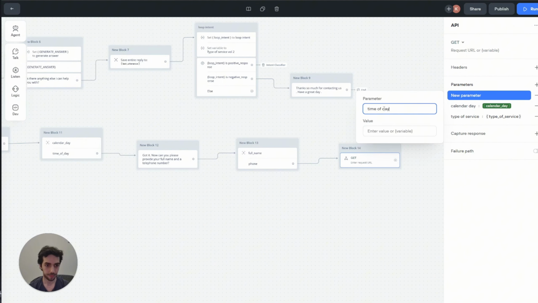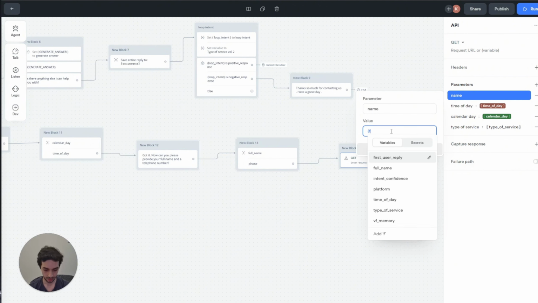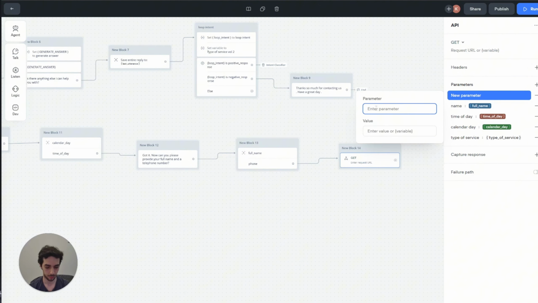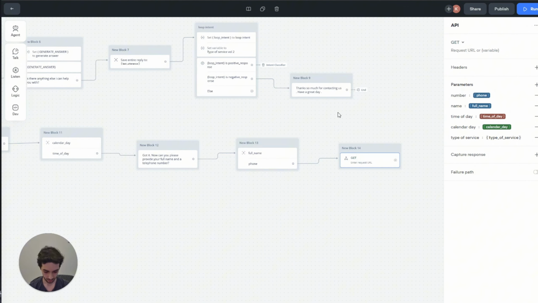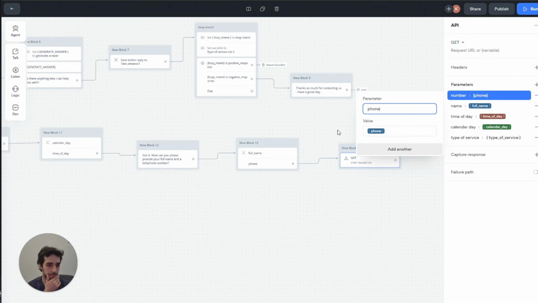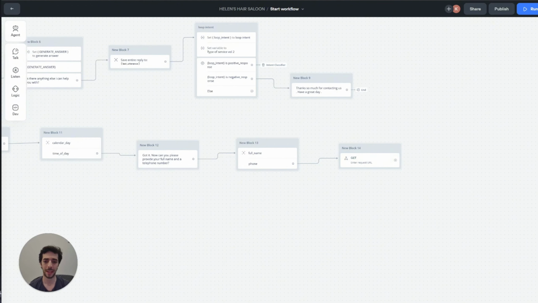Time of day, right? Name, or rather full name, I can give the parameter name, full name, and number is the last one. Phone, I think, right? Phone. Let's name this phone as well. Fantastic. Now let's jump into Make and set